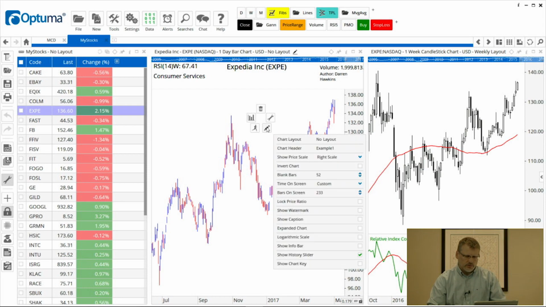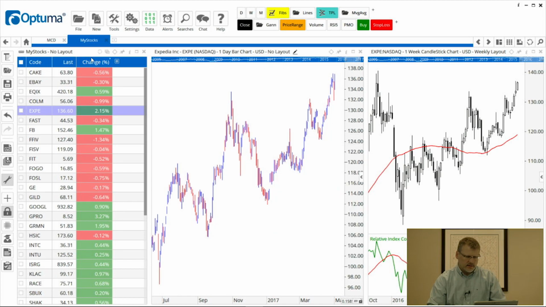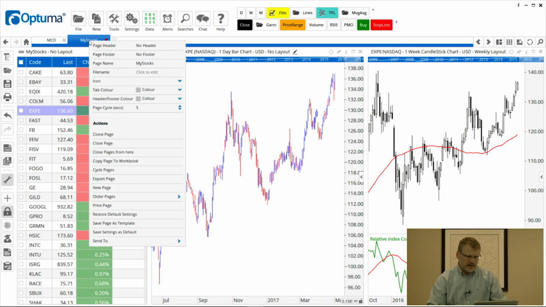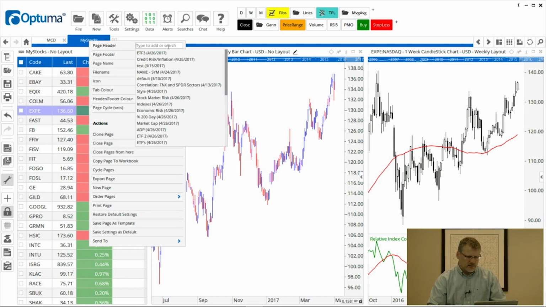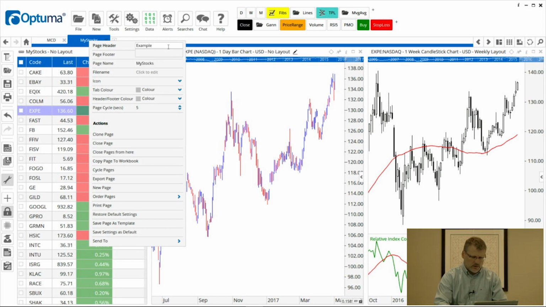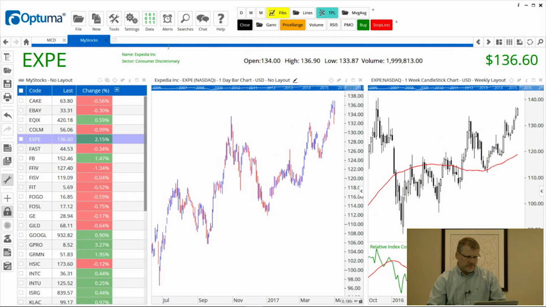So what we can do, we can get rid of the chart header there, and to apply a page header, we can right-click on the tab, in this case My Stocks, and page header. You can see I've got a few default ones there, but let's call this example 1 again. And by default, again, it's going to put these standard values in the header.